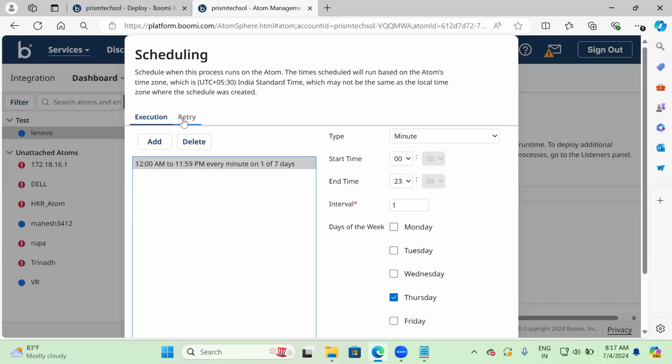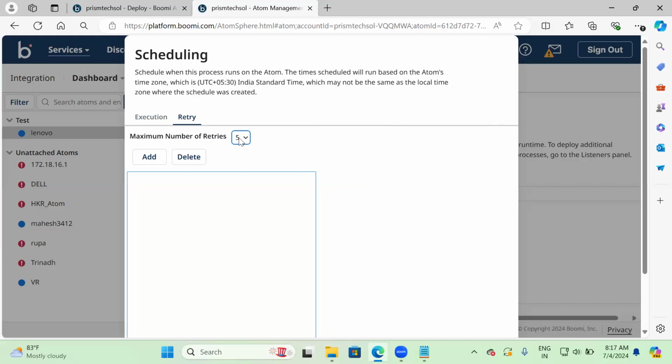Okay, now coming to this retry option. Here the maximum retries are 5. When is this retry option going to work? This retry option is going to work, suppose in order to run the scheduler I give the time period of 1 minute. Because of some network delay, if the process is unable to pick up the file, at that point of time,